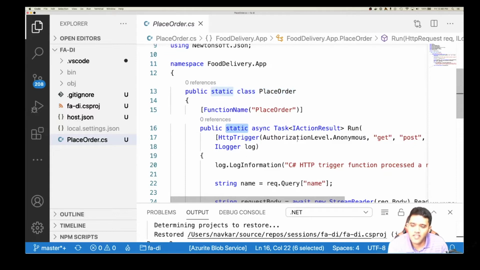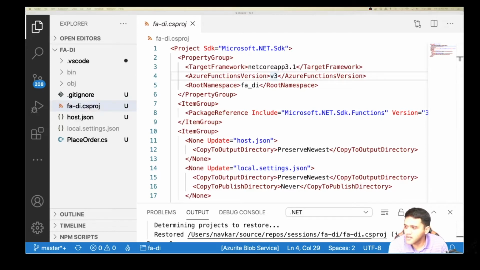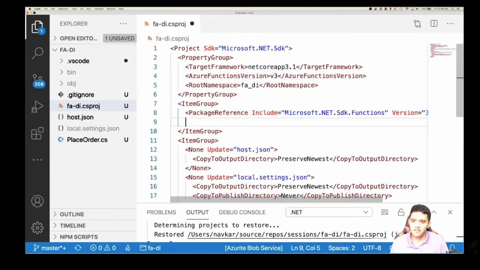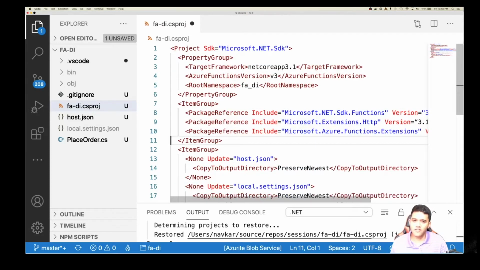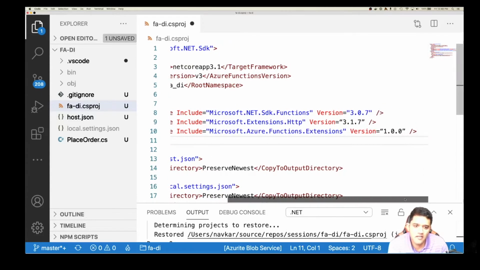Now with DI we have to change this, and let's go to the CSPROJ, and we need to add certain packages to enable DI. So let's see what those are. I'm going to add two NuGet packages here. As you can see, I have Extensions HTTP, and then I have Azure Functions Extensions. This is what contains our DI package.